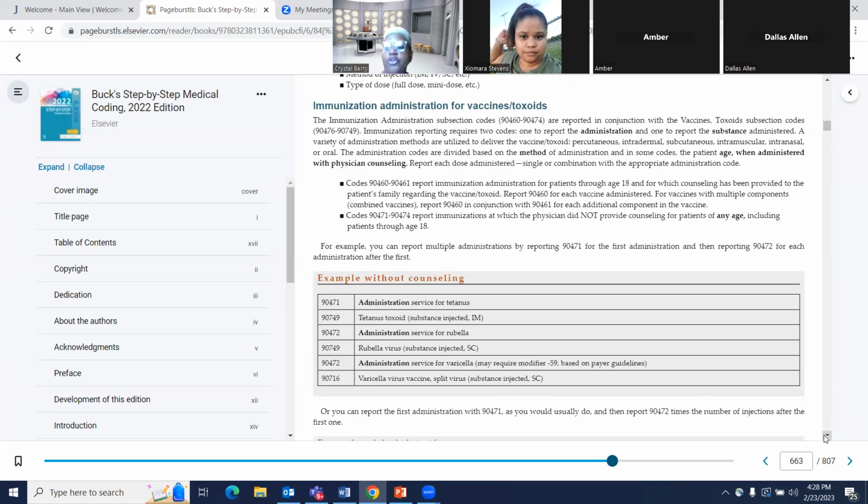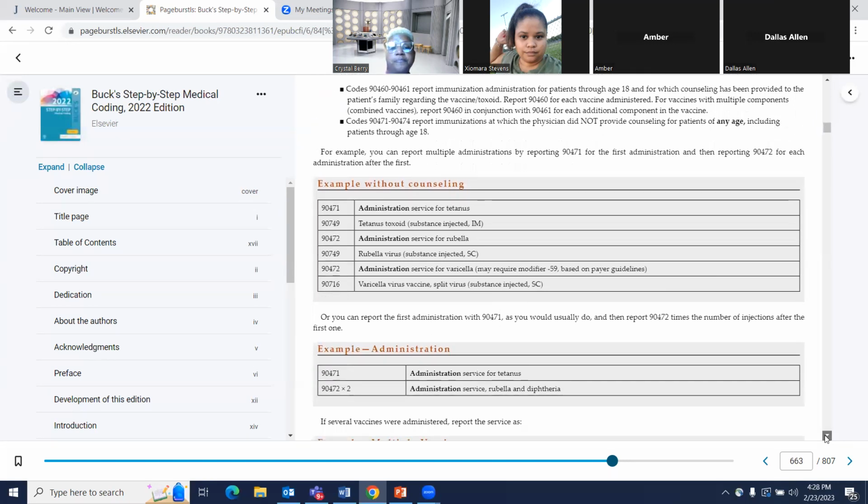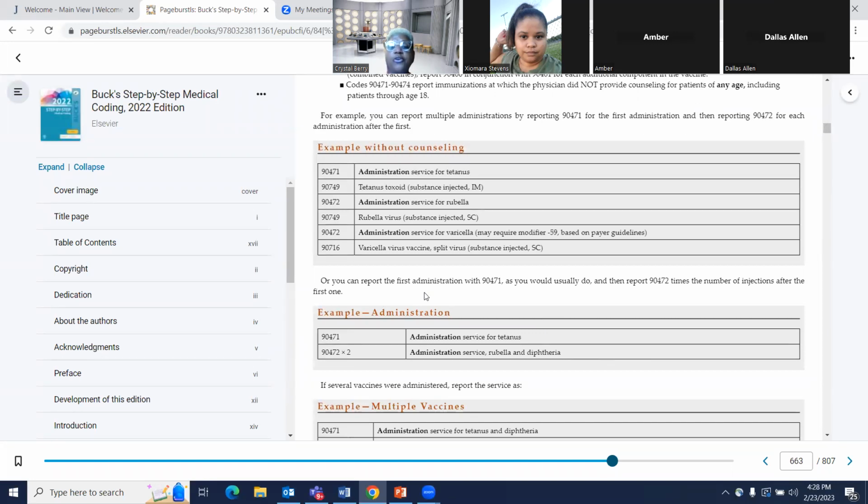So you always know you're going to use 2 codes, and then for each additional code, it shows how you code. Or you can report the first administration with 90471 as you would usually do,